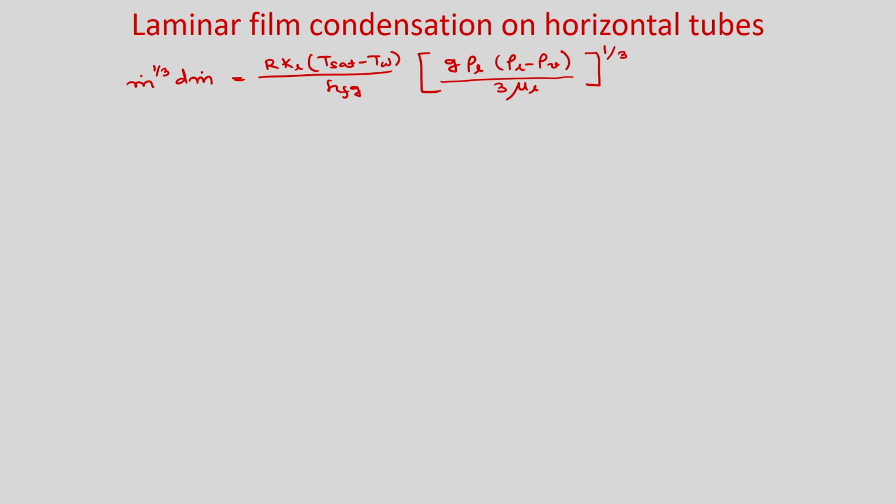So you can see that now it will be easier to integrate, because you know that at x equal to 0, m dot is 0, because it is the symmetry line, and at x equal to L, that means at theta equal to pi, it will be the total mass flow rate. So m dot total, because all will be integrated from theta equal to 0 to pi, you will get the total mass flow rate at theta equal to pi.